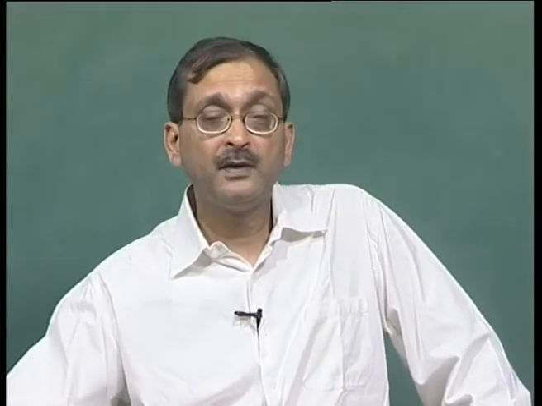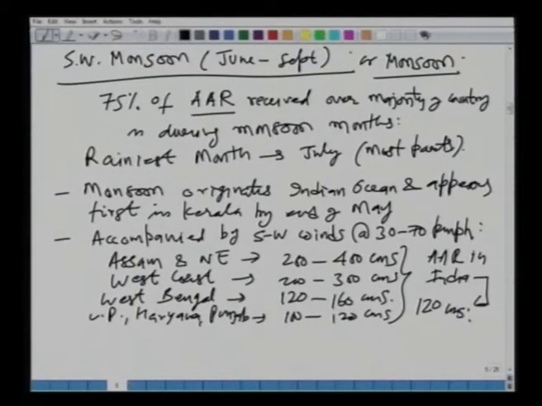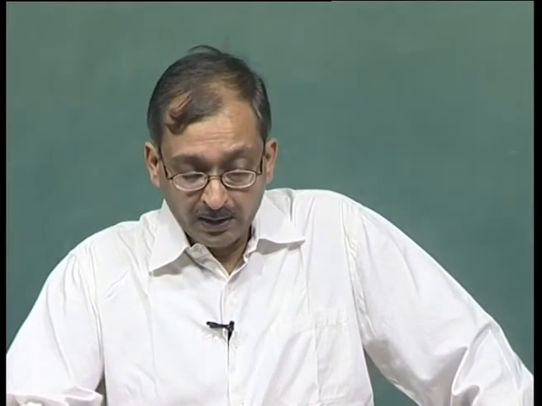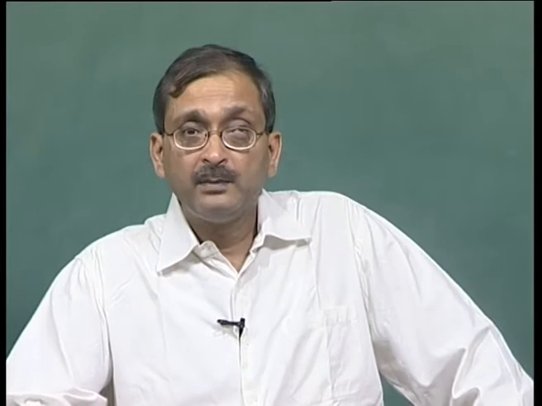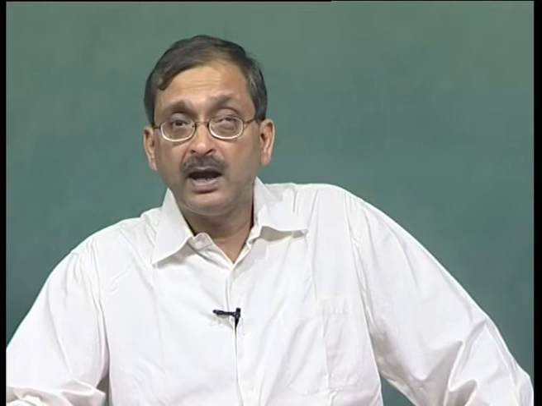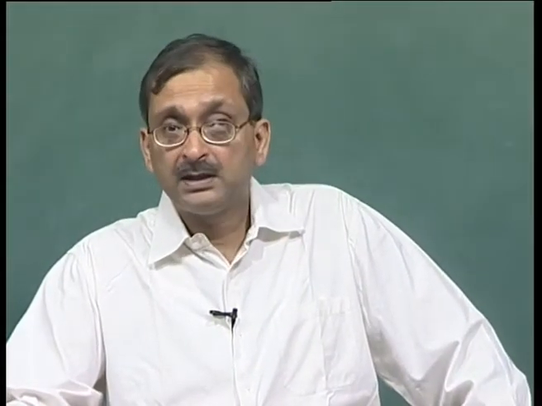And you see that this is the distribution of rainfall with respect to space, and we have seen that this is very highly uneven. You have a lot of rainfall in some places and very little rainfall in the other. So, that is why we have the problems of floods and droughts. At the same time, we may have droughts in one part of the country and other parts of the country may be experiencing floods. Okay. Similarly, we have a lot of rainfall, a lot of water available in one particular place due to the highly uneven distribution with respect to time, all right, during these 4 months, but we do not have water for our needs the rest of the year. Okay.